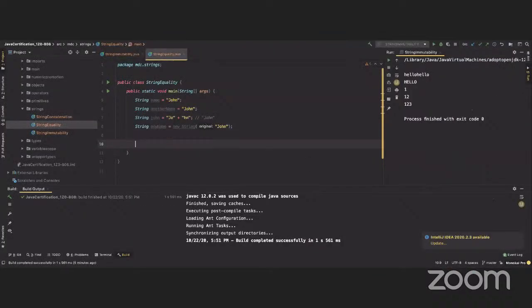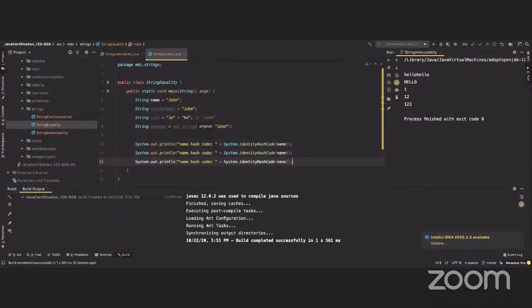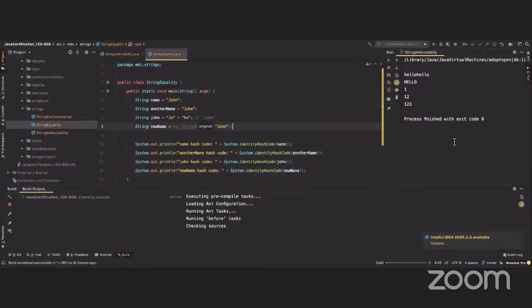And do you want to see it? Let's see it. So we say sysout, and we say name hash code, plus System.identityHashCode, and then we pass name. And then I'm going to do the same with the other three. I'm going to say anotherName hash code, and then anotherName. I'm going to do the same with john, and then we're going to say john, and newName, and then newName. Okay? So if I run this, I get